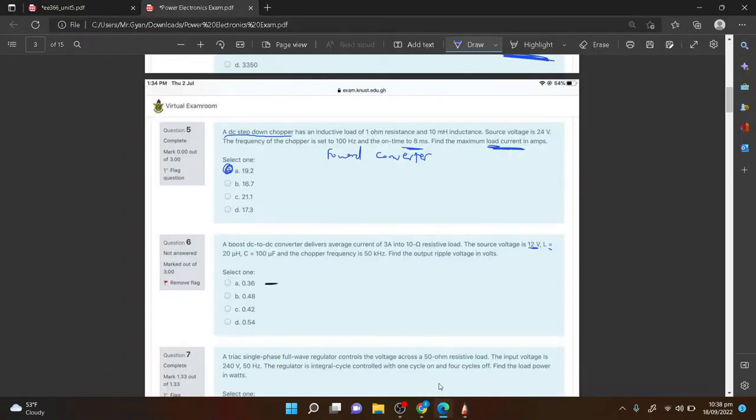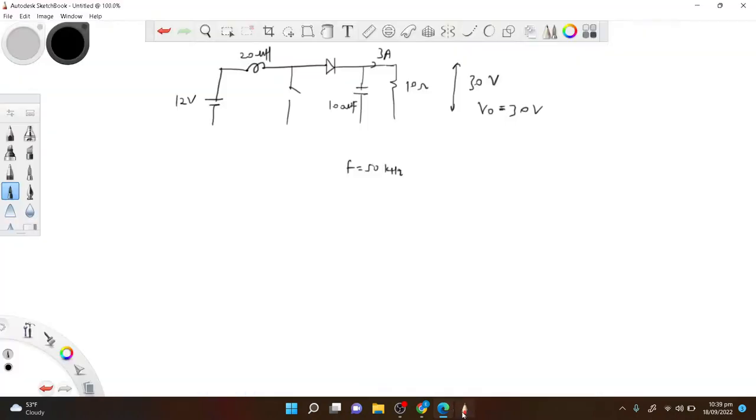Find the output ripple voltage in volts. The output, we know that delta V is equal to what? Current time area over C, right? Because the current time area over C. Now, for the boost, the current time area is